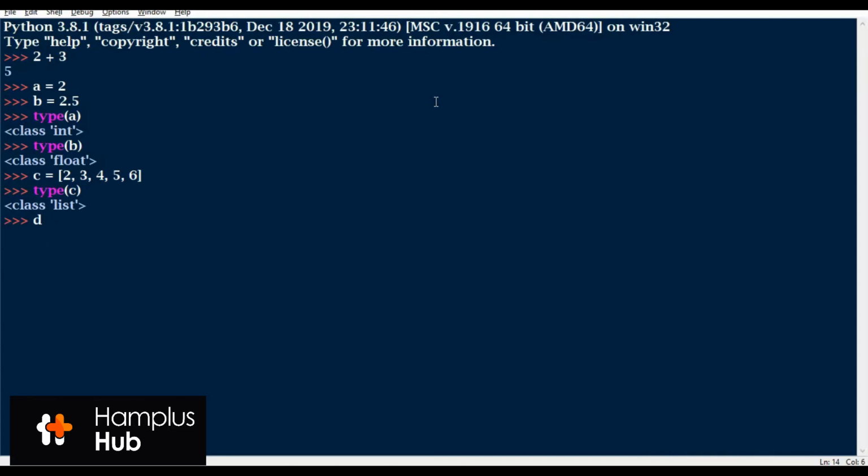So I can say D is equal to, this is how Python begins a dictionary. Let me say Abuja has a key, a value of 200, and I have another key which is Abraka, where we are presently. It has a value of 50. So this is a dictionary. When I do type of D, I'll have it as a dictionary.